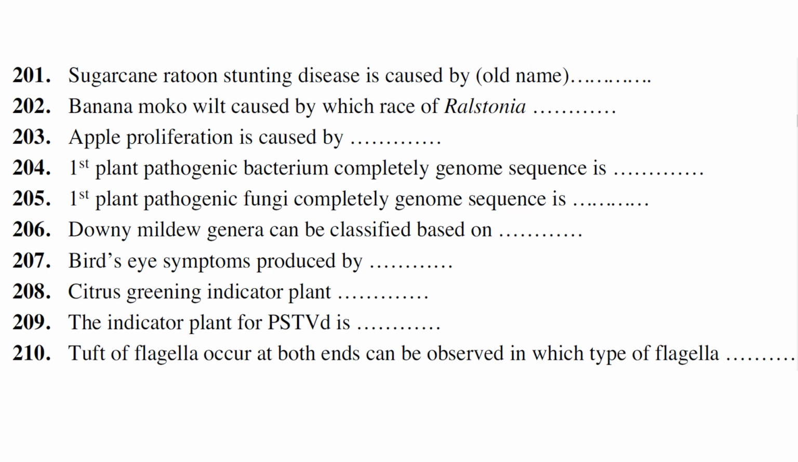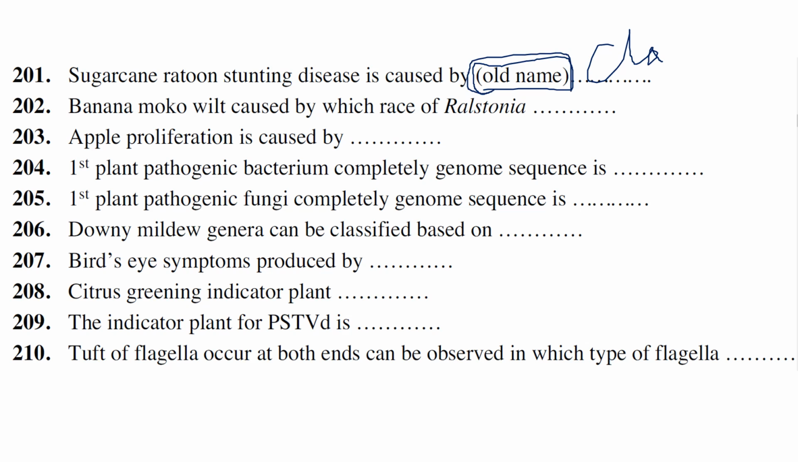First one is sugarcane ratoon stunting, which is in continuation to the previous videos. Sugarcane ratoon stunting disease is caused by, here I have mentioned the old name. Old name in the sense, this disease is now known to be caused by Leifsonia xyli subspecies xyli. Previously it was called Clavibacter xyli subspecies xyli. Now it is called Leifsonia xyli subspecies xyli, and there is a reason to ask this because in 2019,